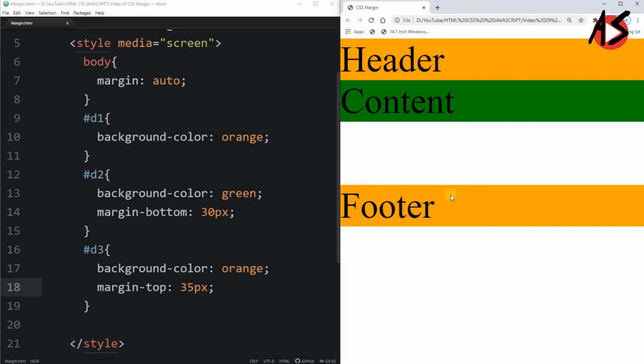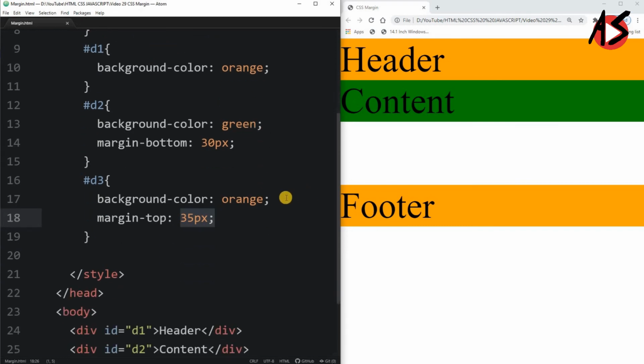So here you can see the third division's top margin and the second division's bottom margin are collapsed into a single margin based on the largest value. So here instead of 30 plus 35, that means 65 pixel margin, it takes only 35 pixel margin, whichever is largest from the second division bottom margin and the third division top margin.